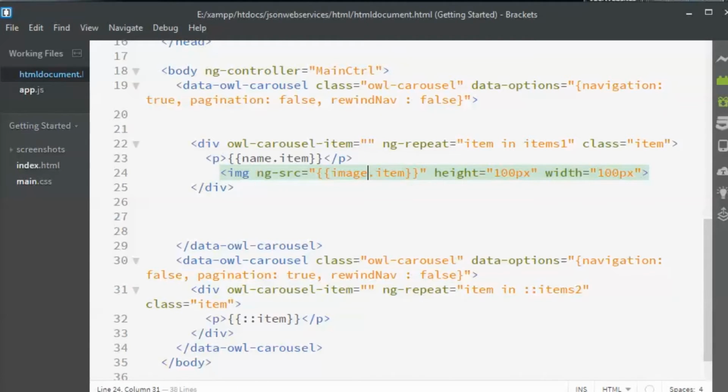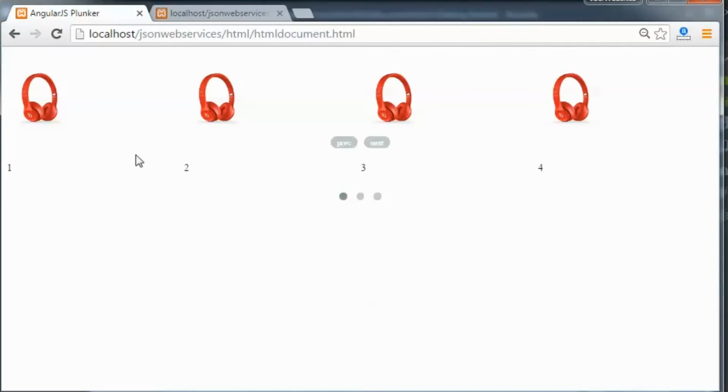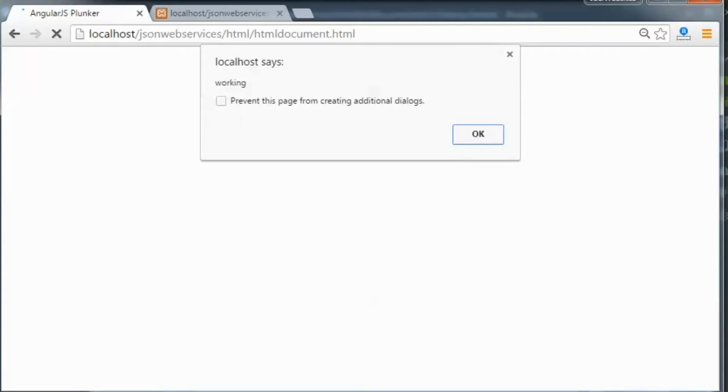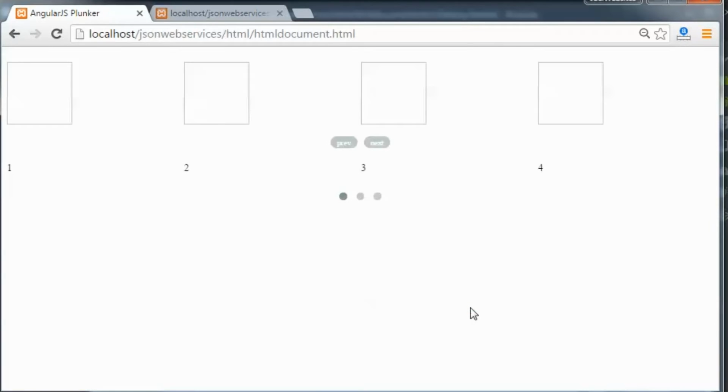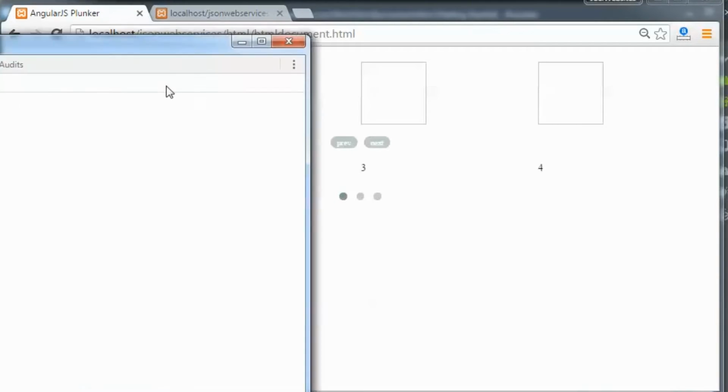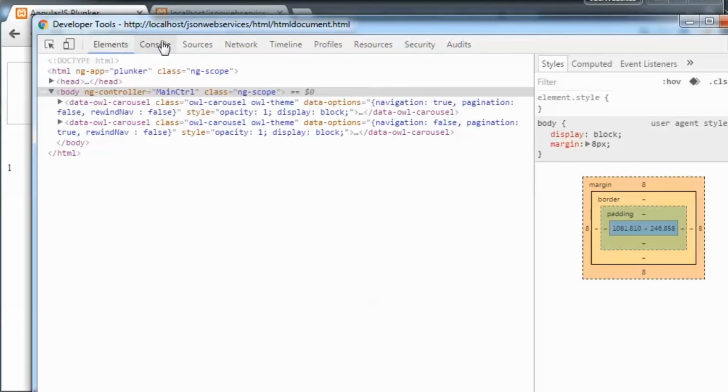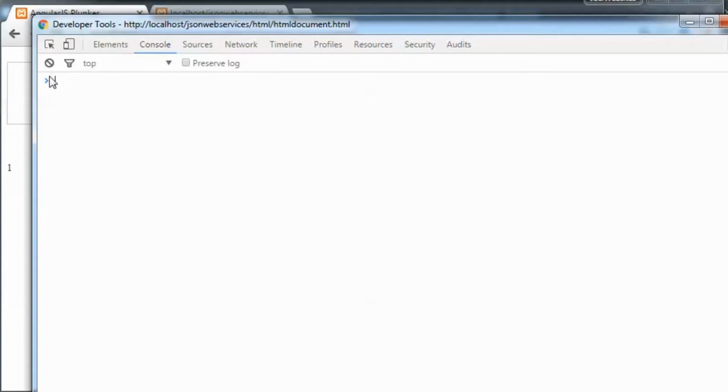Let us see if we are getting the output as desired. We got the first alert saying working. So we are getting the images, but it seems that the images are broken, so something has gone wrong with the link. Let us see in the console what has gone wrong. We are not able to find any console errors.